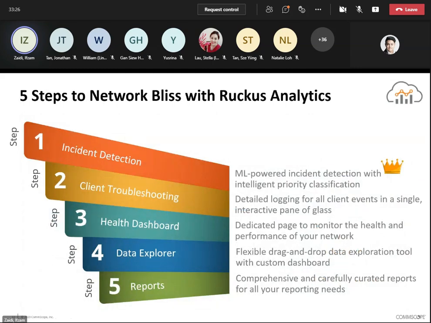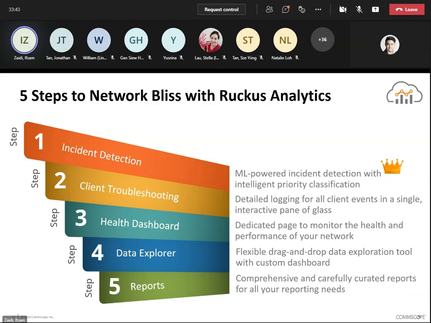Basically, Ruckus Analytics is a stack of five things that we can use to help your IT administrator process issues or give some reporting.